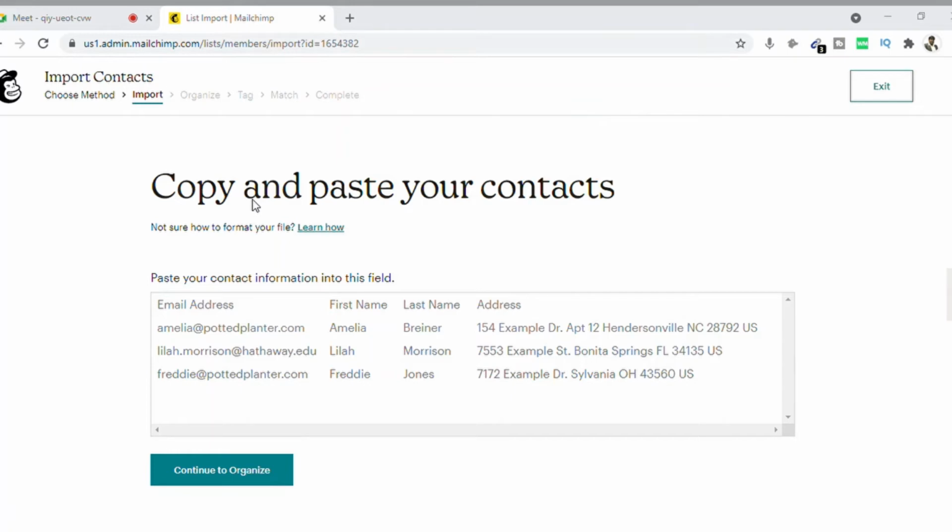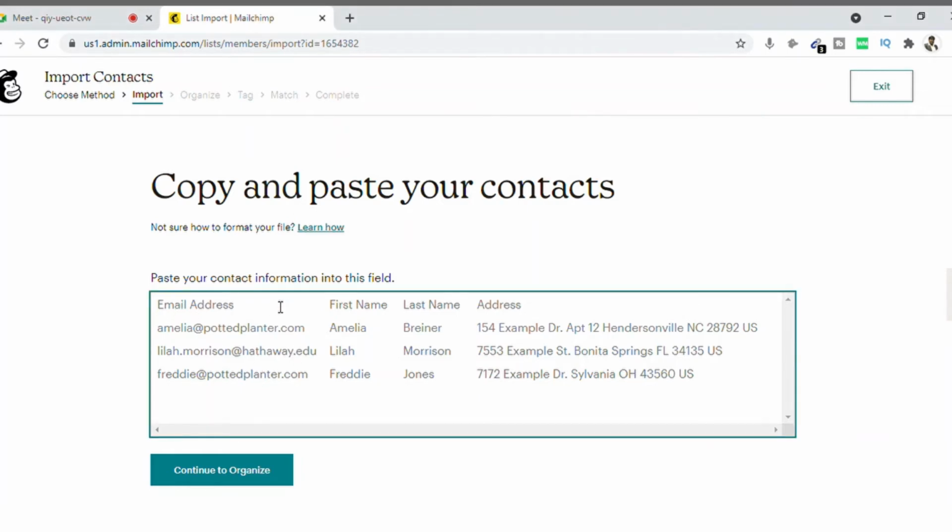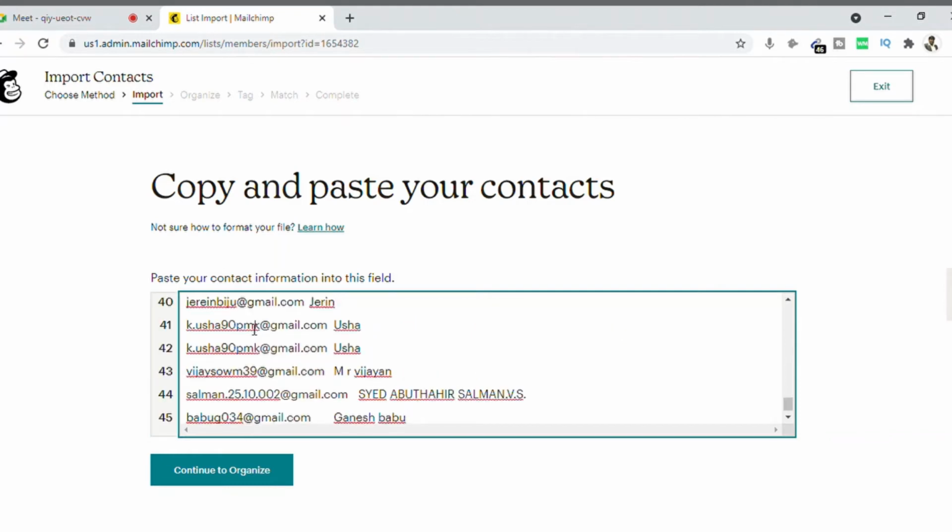So what I'm going to do, I copy the email address and I copy the name, and I come down and I select the content. I selected the format, first is email, next is name, because if I look into the Mailchimp format, the first one is the email and the next is the first name. So with the same content, I'm pasting it. Okay, now if you see,